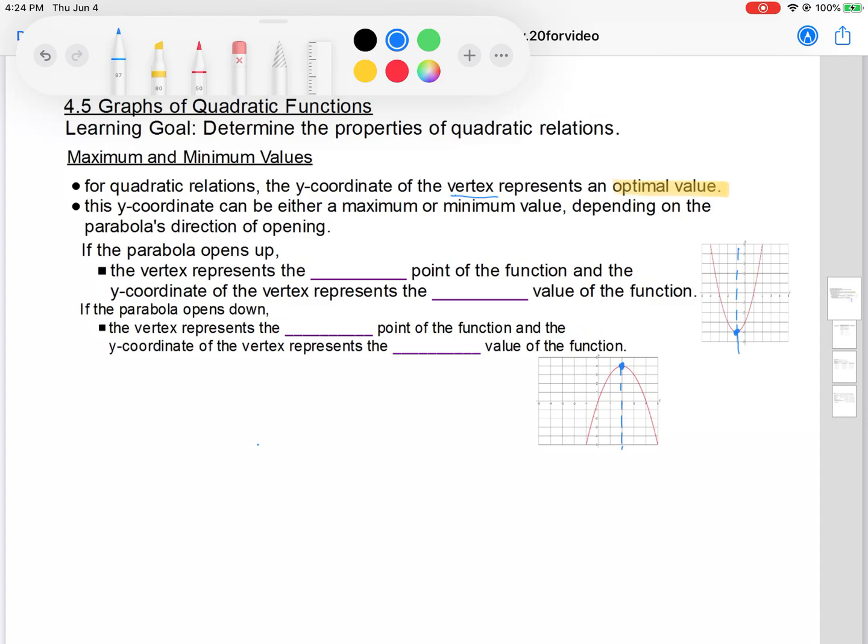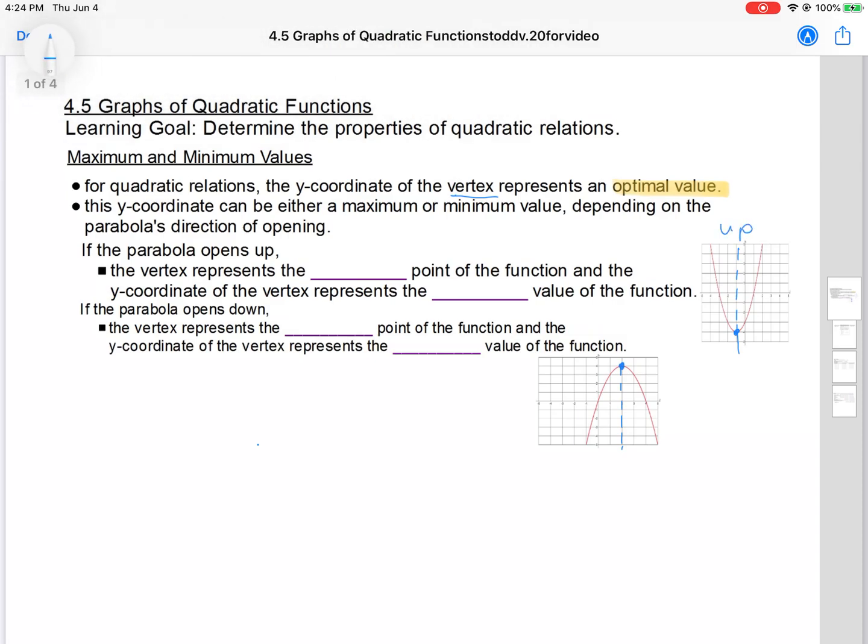Okay, so if the parabola opens up, so that's what this one here is, then the vertex represents the minimum point. All the other points beside the vertex are greater, or it's increasing if you want to add the little arrows there on the end. And the y coordinate of the vertex is going to represent the minimum value. Whereas if the parabola opens down, so this is a down, then the vertex represents the maximum point of the function and